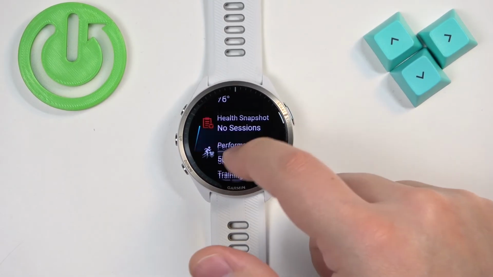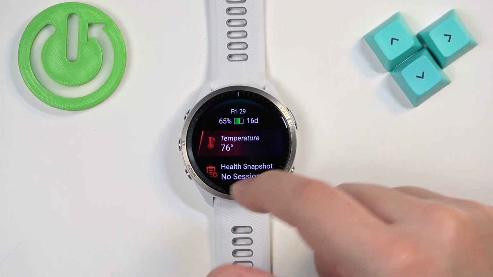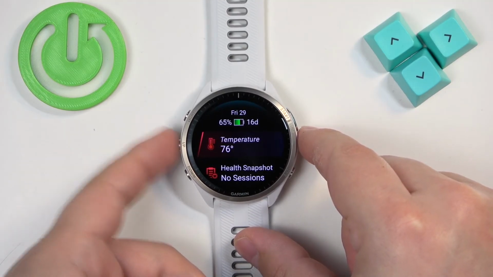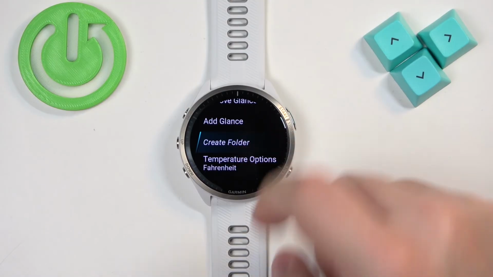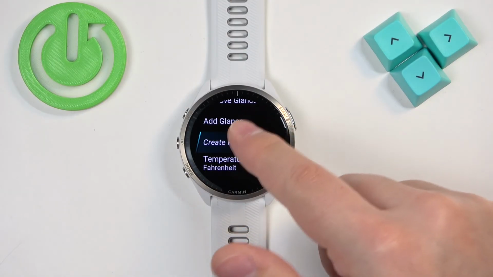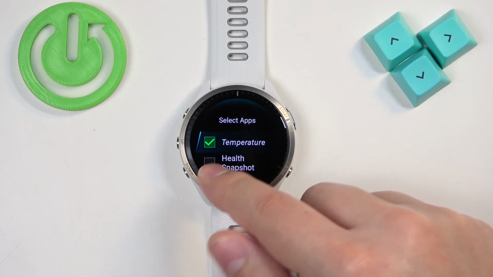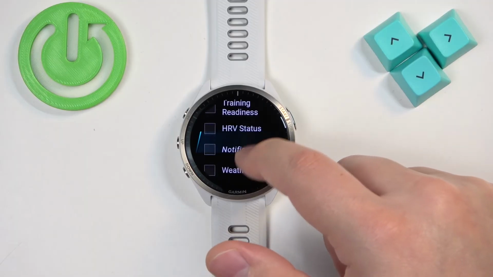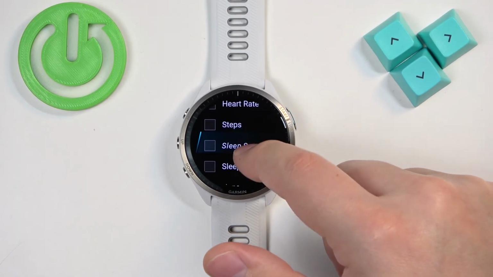And like I said before, you can also create a folder. So let's say you want to hide some glances. Select the one you want to hide, then press and hold the up button, scroll down, select create folder, and the glance you selected will be checked automatically, but you can uncheck it if you want to. Now check the glances you want to hide in the folder,